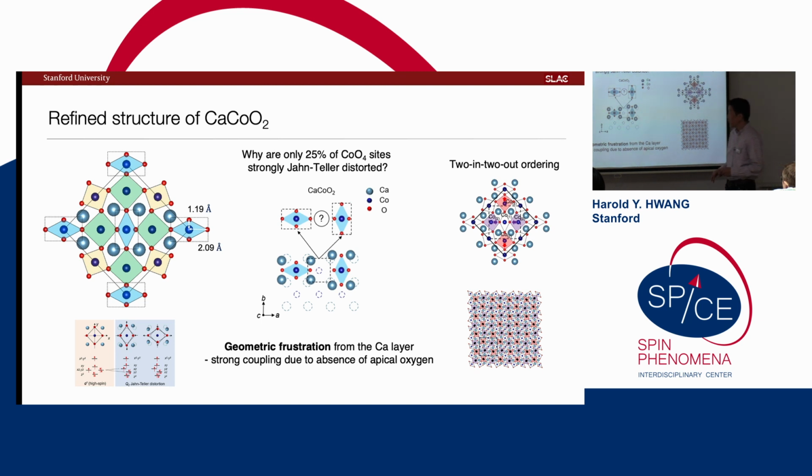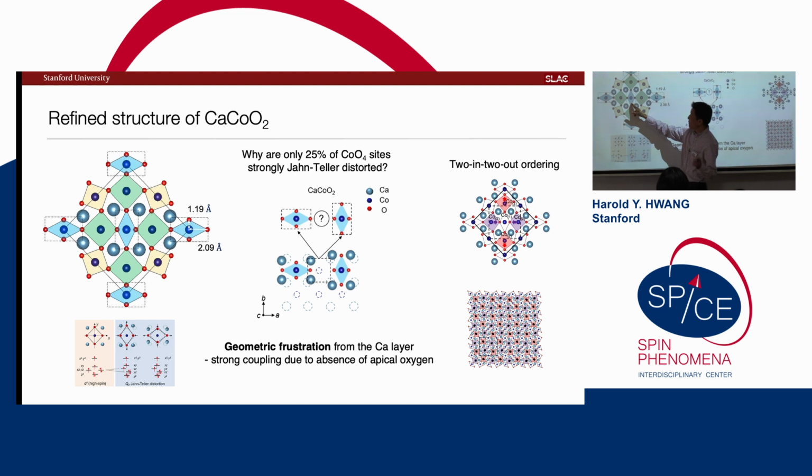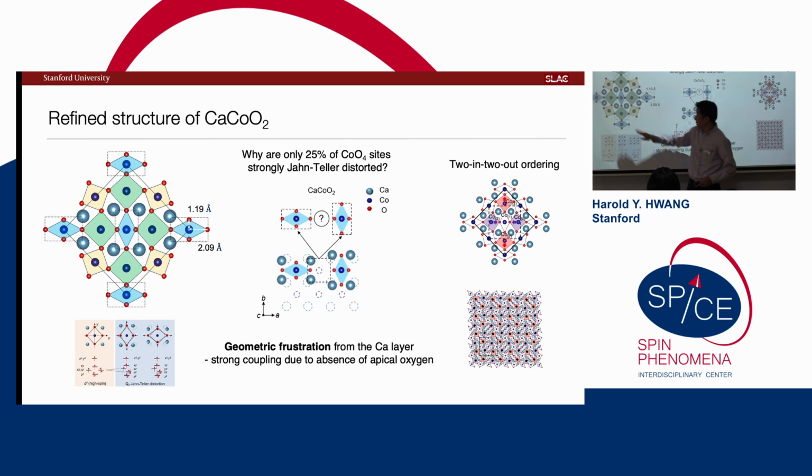So this is our understanding of the refined crystal structure of this new infinite layer system. It's kind of crazy, but some of the elements you can easily recognize. Let's look at this diamond here. This looks like it's perfectly Jahn-Teller happy, right? I want to break the XZ and the YZ symmetry. I pulled this guy like a diamond. And in fact, because I have no apical oxygen, it looks like the neighboring layers of calcium went for the ride, right? You can see this thing made a nice little rectangle.